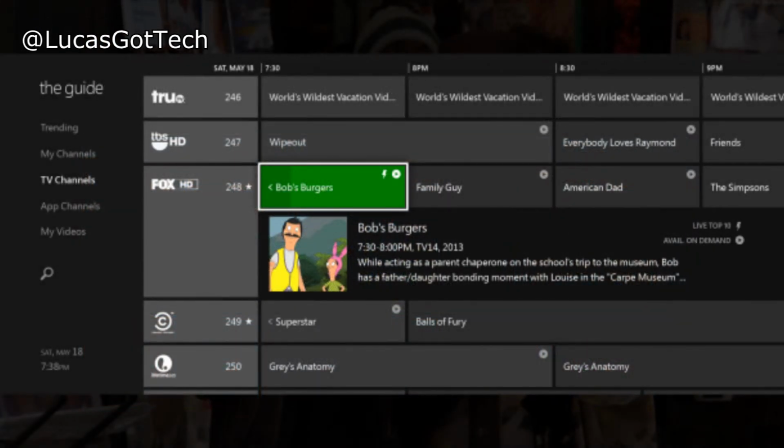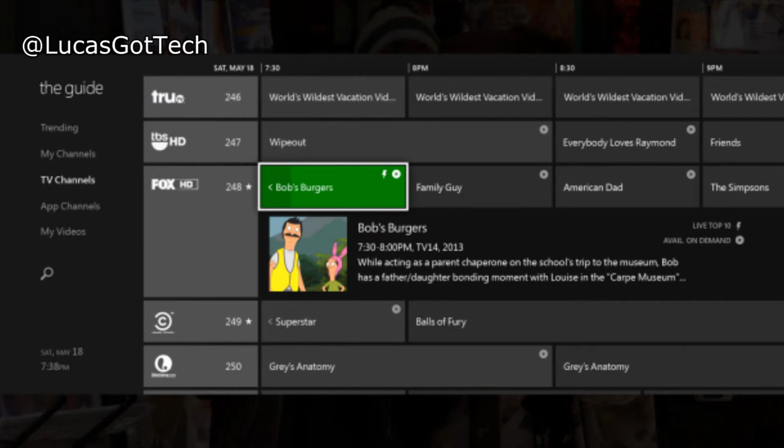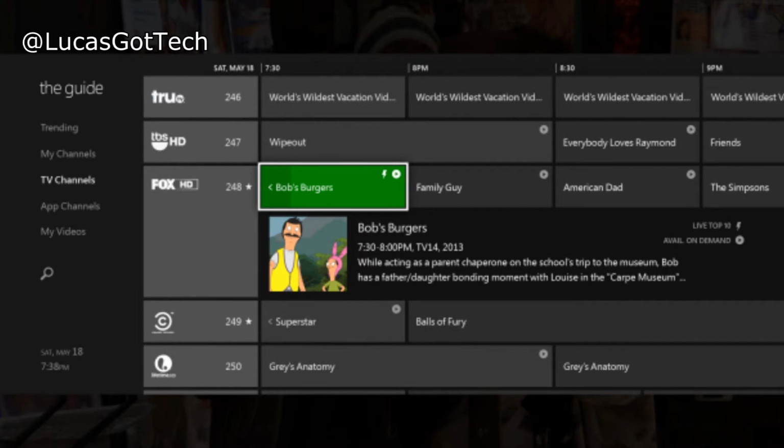Okay, now the big thing I've been talking about is TV. Now you've probably been thinking, how in the world am I going to watch TV if I'm on Xbox? You can't do that. Well, now you can. With the Xbox One, you can actually connect your console to cable or a satellite box and stream through your console. Now you may be thinking, why would I do that? Like if you have DirecTV, why can't I just turn on my DirecTV receiver and watch it there instead of through my Xbox?